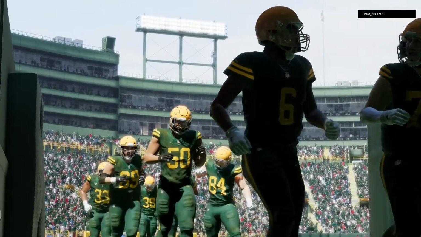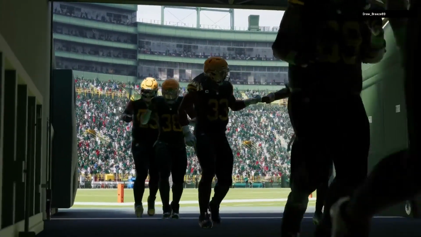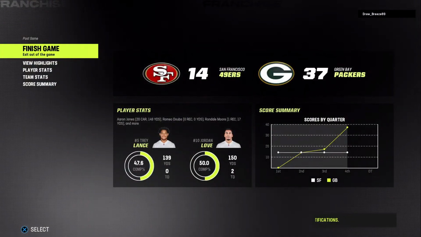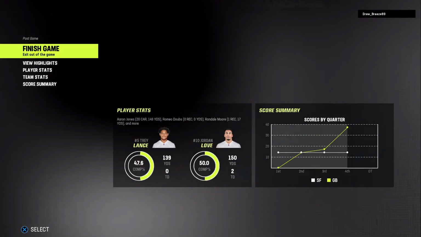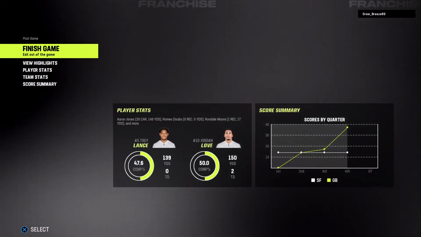So for the Packers, they get back in the win column as they move to 2-1 now on the year. And they will hit the road next week to take on the Detroit Lions. Meanwhile, for the 49ers, they'll fall to 1-2. And they'll try to rebound next week as they head to